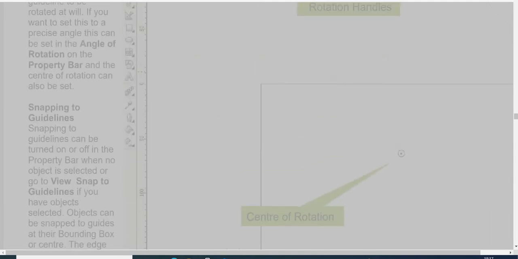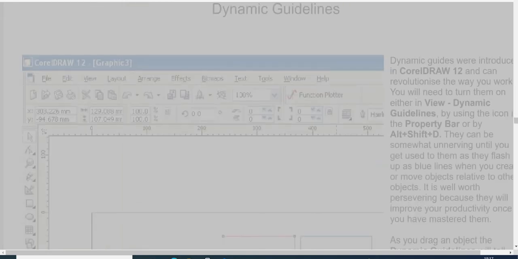Rotation handles. Center of rotation. Dynamic guidelines. Dynamic guides were introduced in CorelDRAW 12 and can revolutionize the way you work. You will need to turn them on either in View, Dynamic Guidelines, by using the icon in the property bar, or by Alt+Shift+D. They can be somewhat unnerving until you get used to them, as they flash up as blue